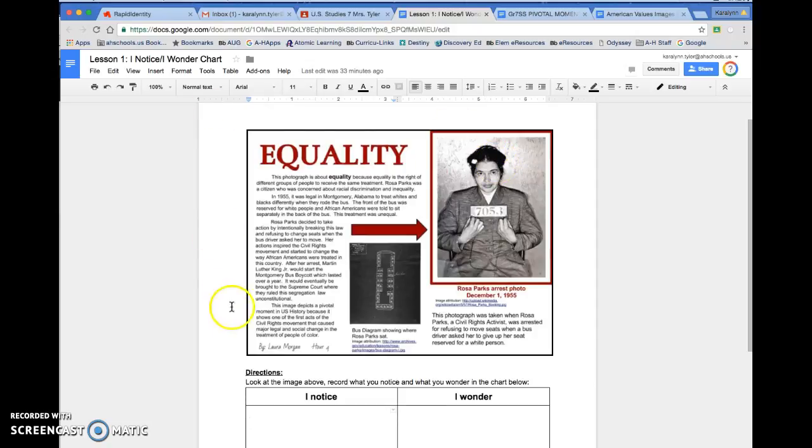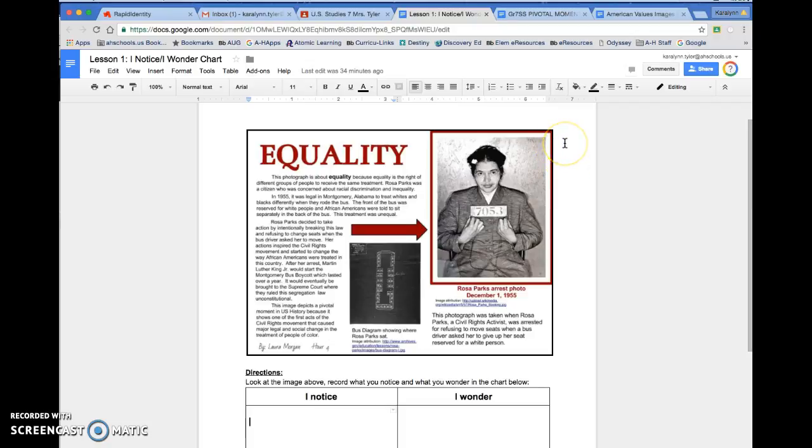In class, I showed this on the big screen, and this is an example of a finished and completed Pivotal Moments book page, which is what we're all creating. We are going to be Smithsonian curators. A curator is a historian that works with all the different kinds of primary sources and artifacts in the Smithsonian and other places. So there's going to be 50 images that you'll have to choose